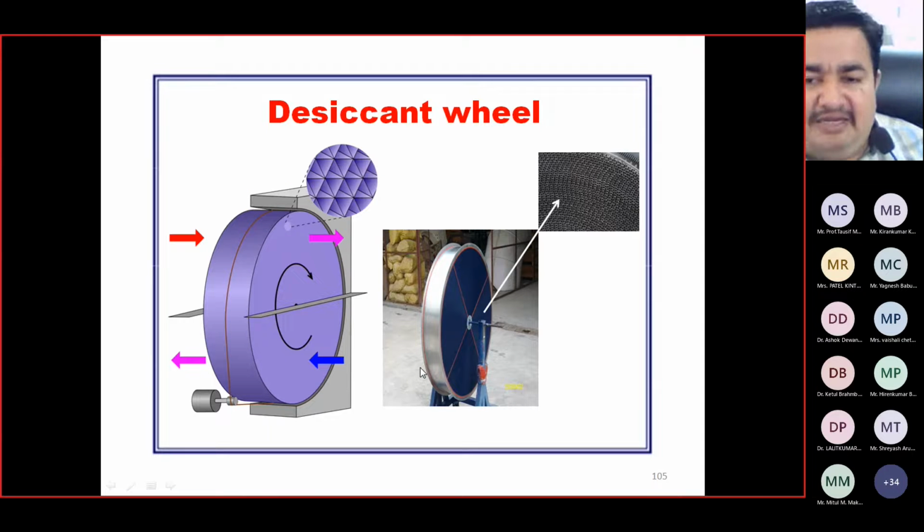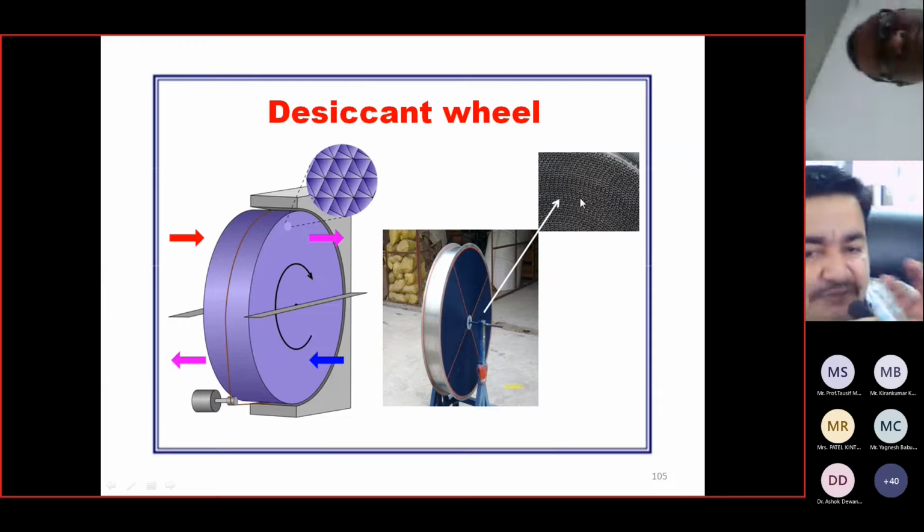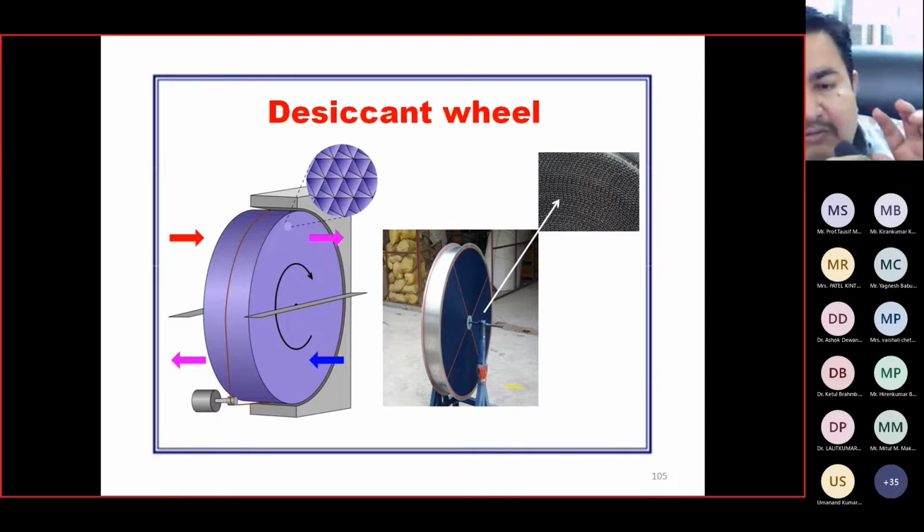This is the bare desiccant to be used. In that you find a certain matrix. That matrix is to be laden with the desiccant materials, and its pore size is in the range of 0.1 to 0.01 millimeter according to type and application. Even with a needle it can hardly be possible to pass across it. So the maximum mass of desiccant is to be covered under the matrix, so that maximum adsorption will be possible with the minimum area.